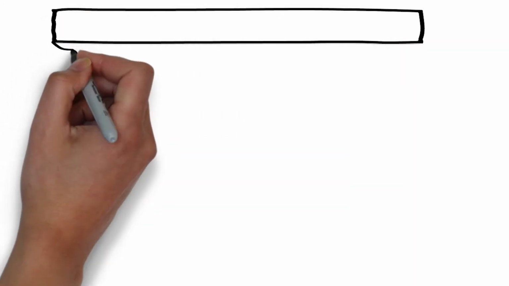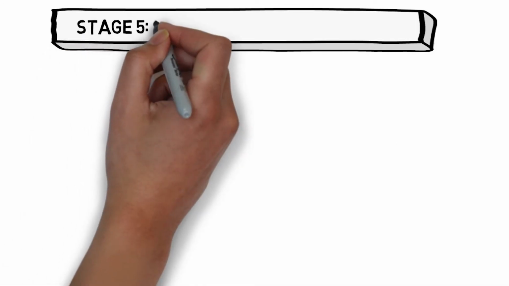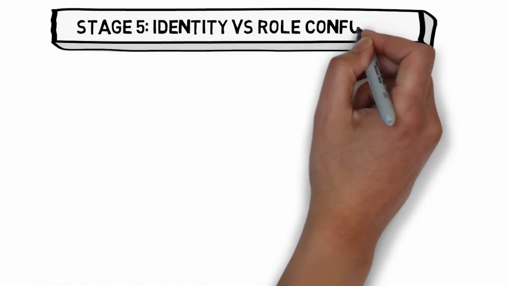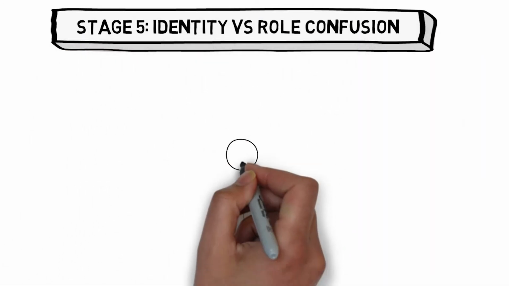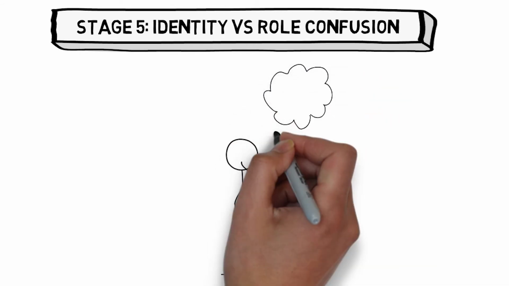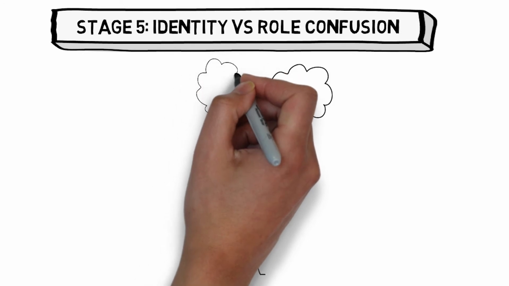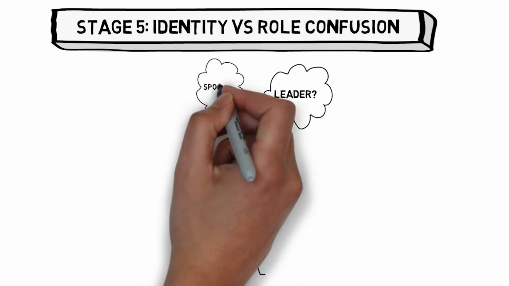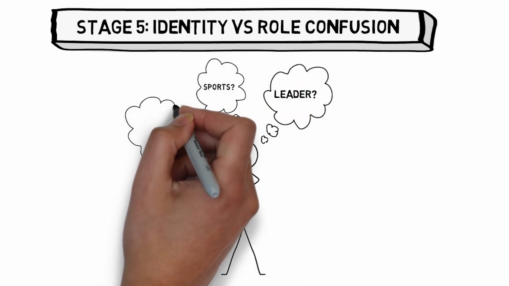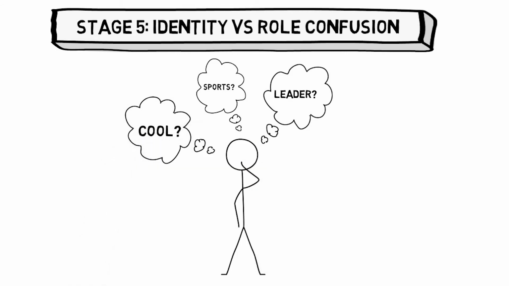And now, the final stage we'll be talking about, Stage 5, Identity versus Role Confusion. Individuals in this stage will be focusing on their own personality development. The person will start to establish a sense of self, which will lead them to trying out different roles, activities, and behaviors. This will lend a hand in developing a strong identity and a sense of direction in life for the person to grow into.